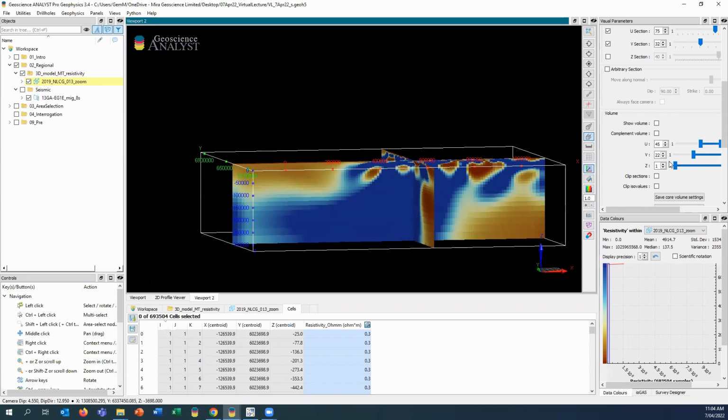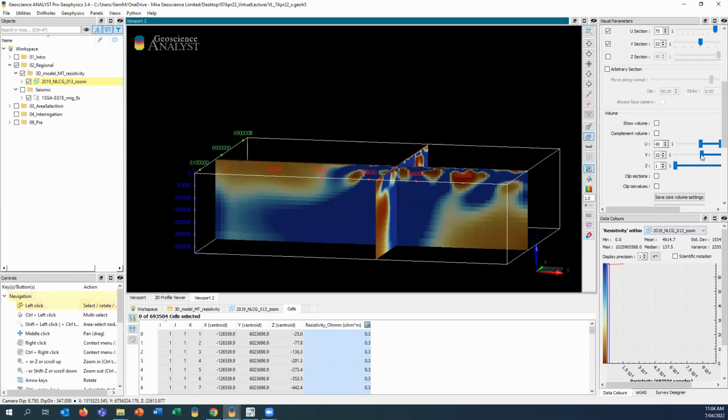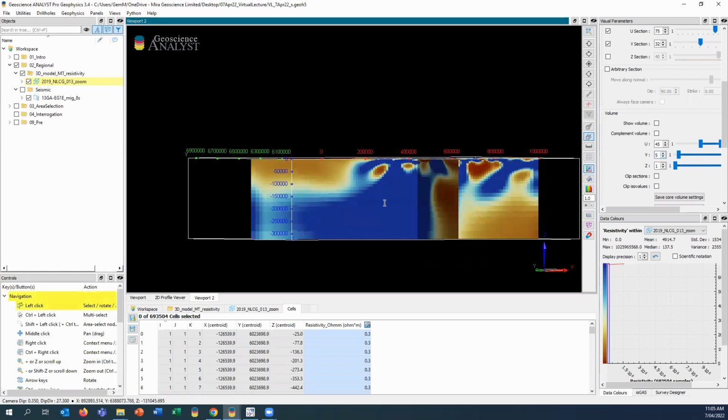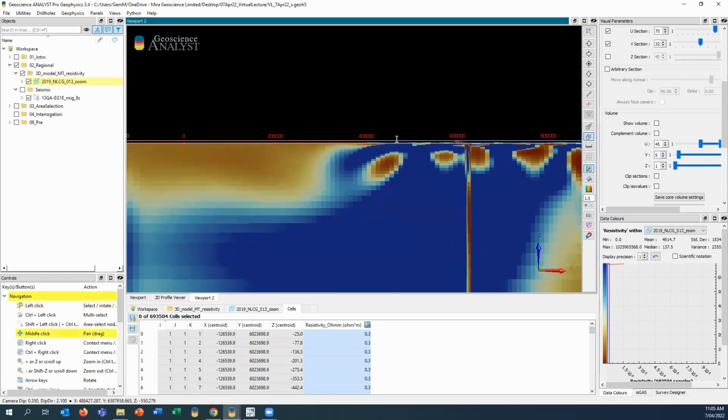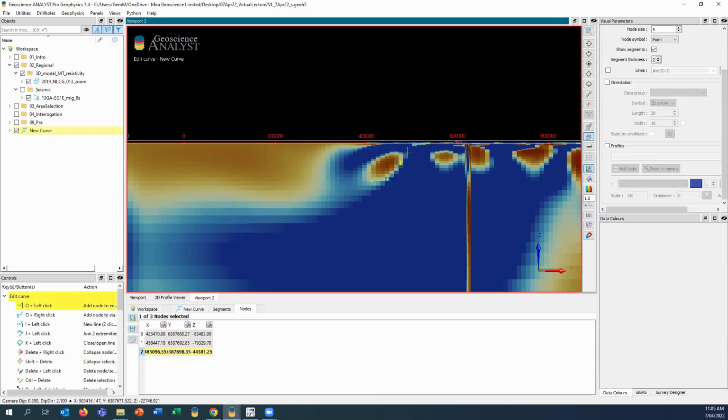So in order to have a look at the types of things that we might be interested in, we can just scroll through these section lines and find areas that would potentially be of interest for the mineral system that we're looking for. And we can actually do an interpretation here on the screen. There are some functions in Analyst Pro that let us digitize, and so, as very rough-handed as it is, we can just start digitizing some things on the screen